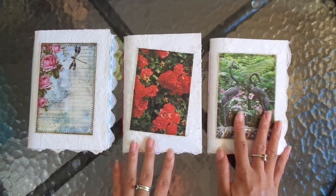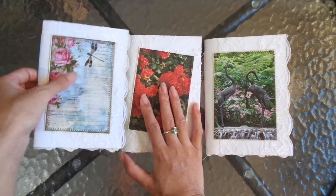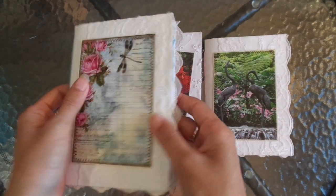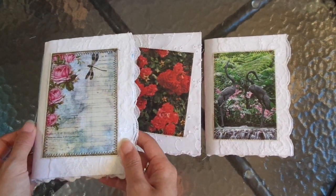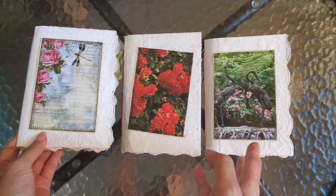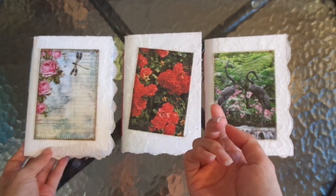But you might recognize these covers from the video I did showing a tutorial on how to make these fabric covered envelope journals or journal covers. And I made so many. I made 11, I think. 2 sunflower, 2 dragonfly, and the rest were botanical. And I've done flip throughs of them as I've made them, and